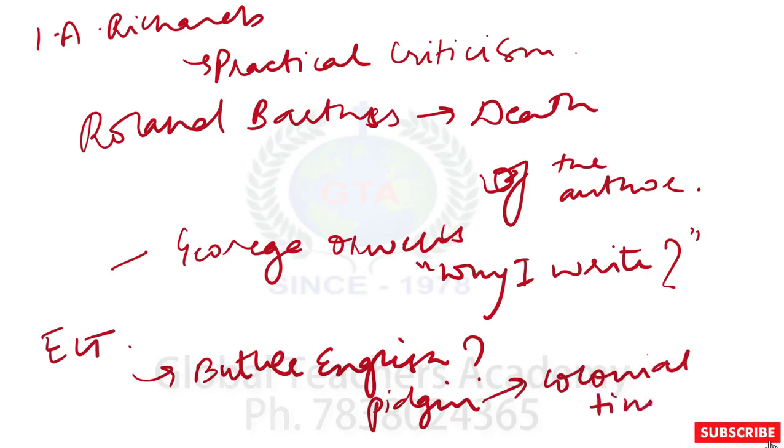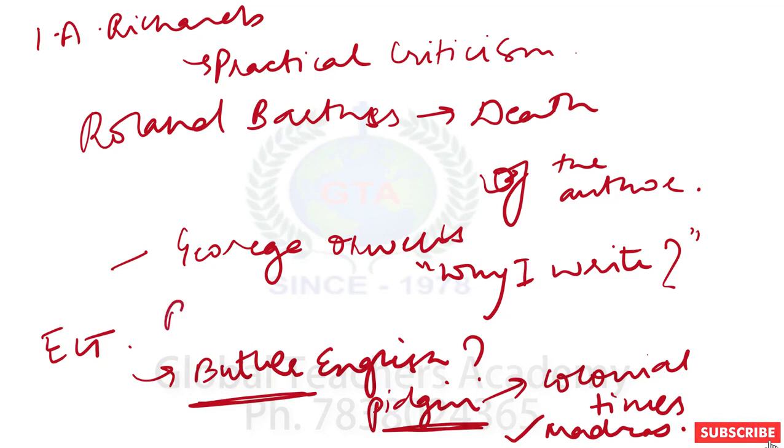Right? So the first trade started from Madras. This is the same region where this Butler English or this Pidgin originated from, Madras. Then there is a question on Braj Kachru also,